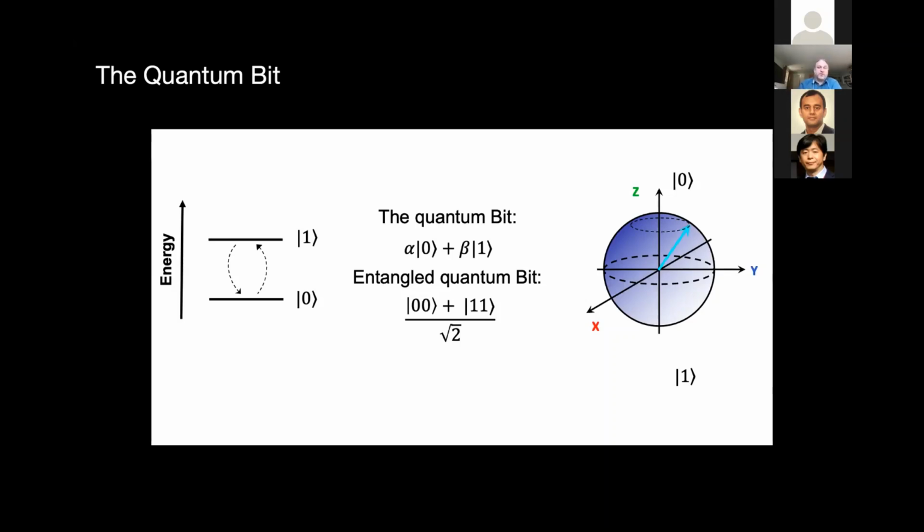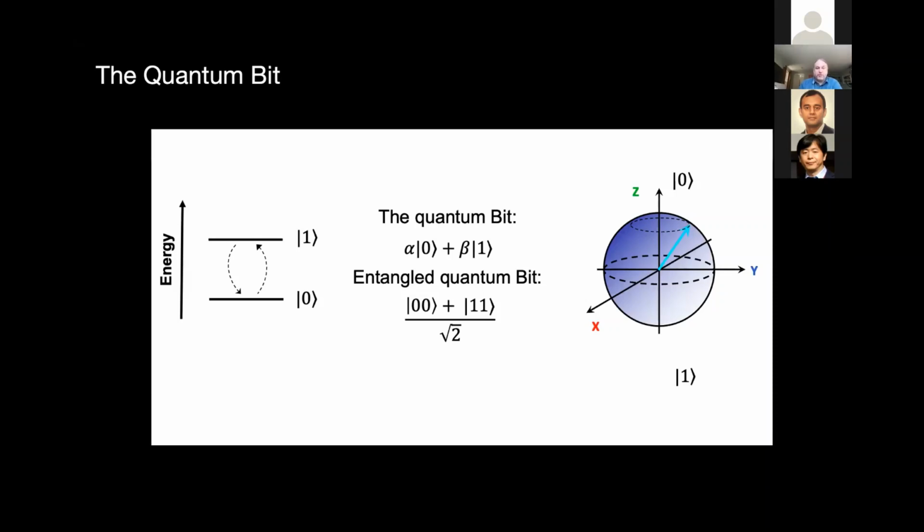And for example, these superpositions where alpha and beta are the same, 1 over root 2, so the same probability of being in the 0 and the 1 state, but they have different phases, like 0 plus 1 or 0 minus 1 or even 0 plus i times 1, are these states around the equator of the Bloch sphere. And to make a qubit useful, we need to be able to do quantum operations that can move us around this space. So for example, for a classical bit, we like the NOT operation that maps 0 to 1 and 1 to 0. For a qubit, an equivalent might be an x pi pulse, which rotates the state on the Bloch sphere by 180 degrees around the x-axis. And so it looks a lot like that classical NOT gate if you're working on 0 or 1. But for example, if you had 0 plus 1, it would map you to 0 minus 1.